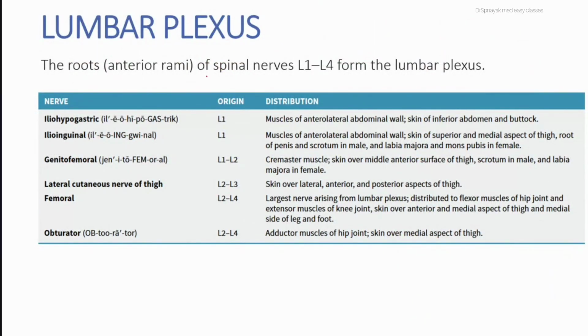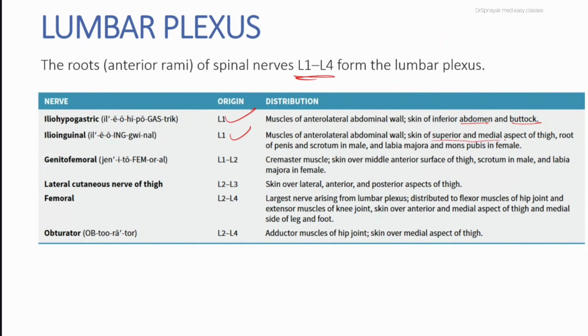The third is the lumbar plexus. So this plexus consists of roots of spinal nerves from L1 to L4 forming the lumbar plexus. The nerves are mentioned here. It is iliohypogastric, ilioinguinal. The origin is from L1 and it supplies the muscles of the anterolateral abdominal wall, skin of the inferior abdomen and buttock. And the ilioinguinal nerve supplies the muscles of the anterolateral abdominal wall, similar to the iliohypogastric, and